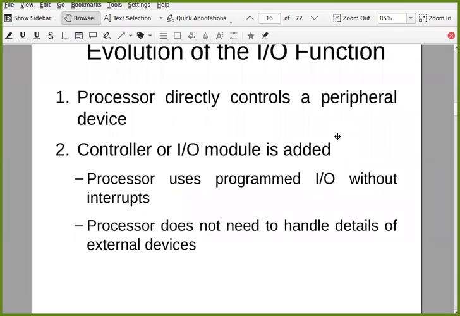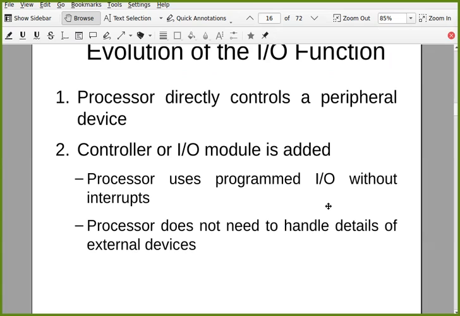Then came the controller or IO module. Later on, a special module was added in the OS and hardware, that is the IO module or controller. The processor started using that IO module with programmed IO without interrupt.